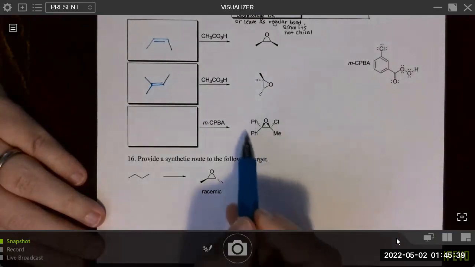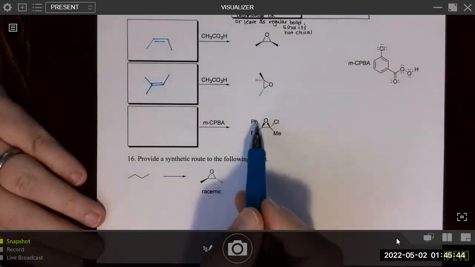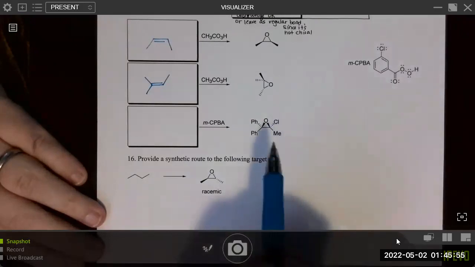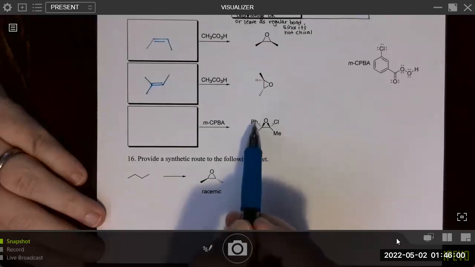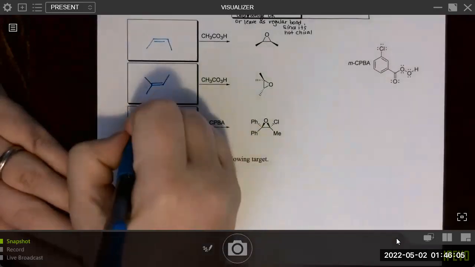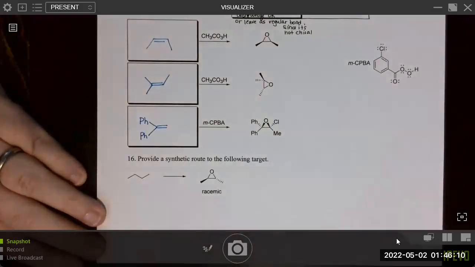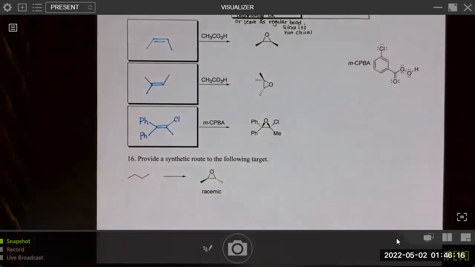And over here, right, again, syn addition. Notice how the groups are on wedges now, right? So this is like drawing the product with model 2. So this is still giving us relative stereochemical information though. To note that, well, I guess in this case, not really, since both of these are phenyl, right? One is on the same side as methyl, the other is on the same side as the chlorine. Since they're the same, it wouldn't really matter which one you drew where. Okay.